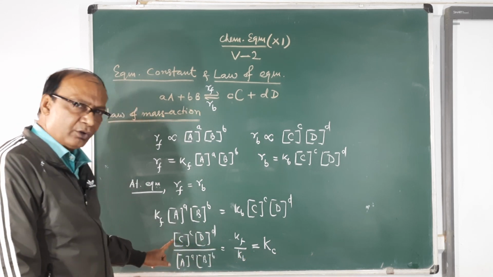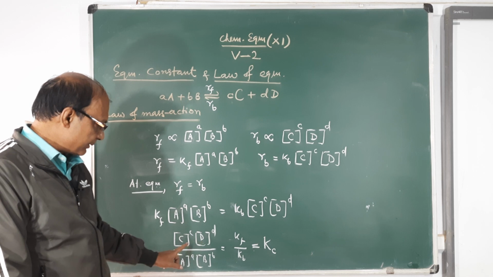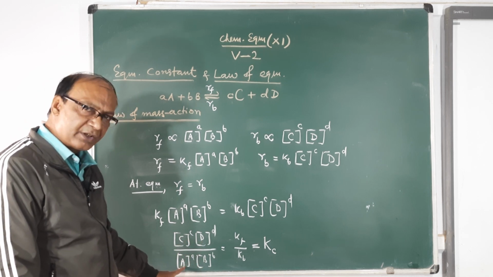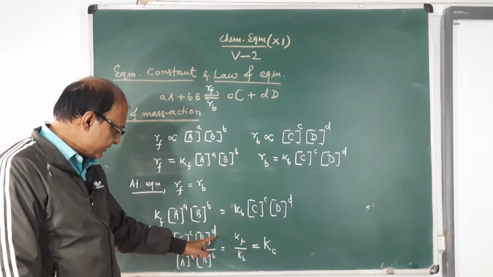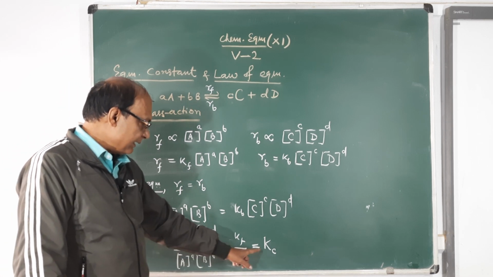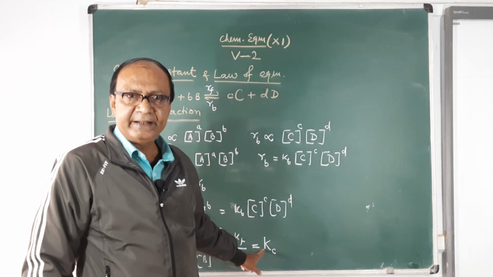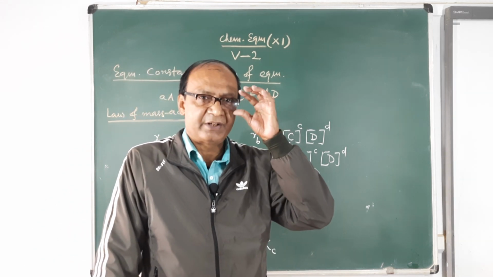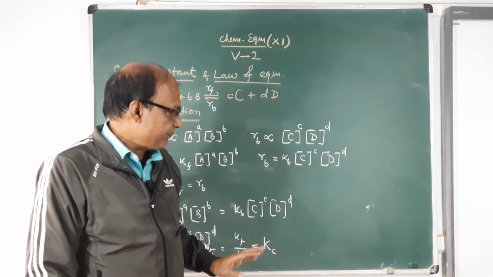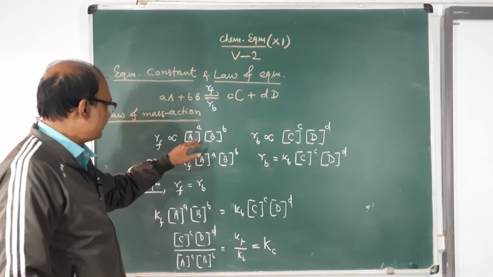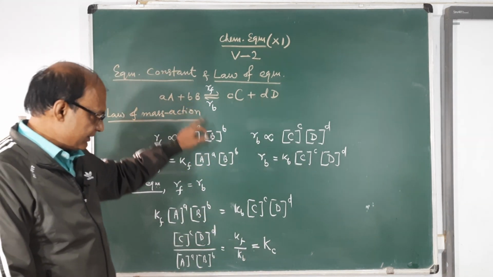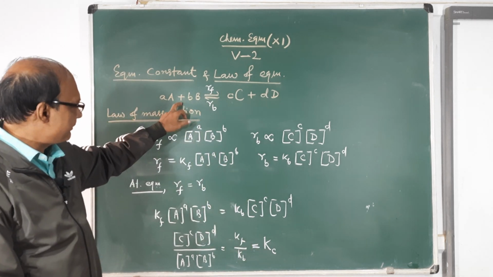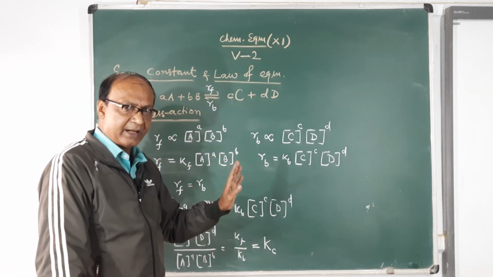So the law of equilibrium can be stated with reference to this expression. It is the ratio of the product of concentrations of the products to that of the product of concentrations of the reactants with their respective coefficients raised as power, a constant quantity at a given temperature known as the equilibrium constant. Now see, the equilibrium constant for a hypothetical reaction is derived here.